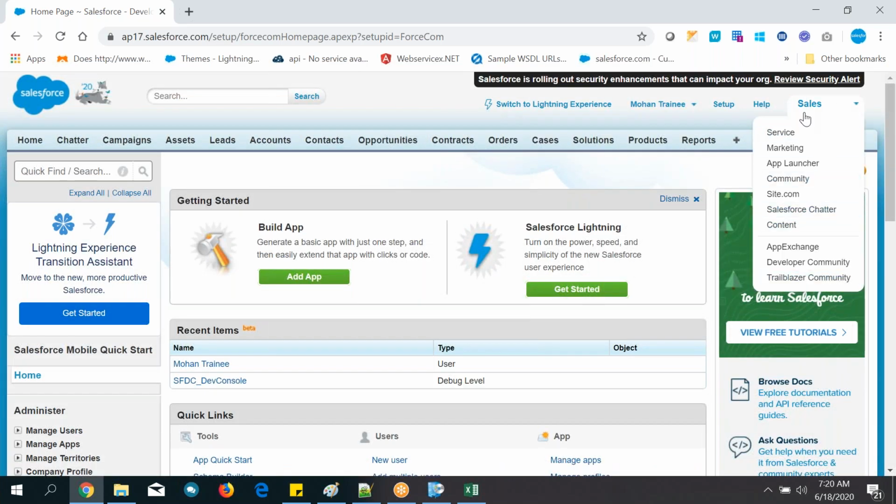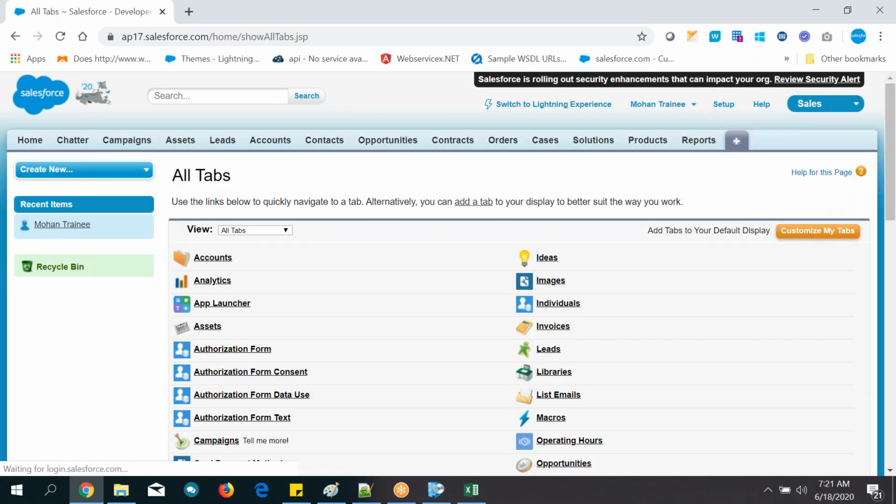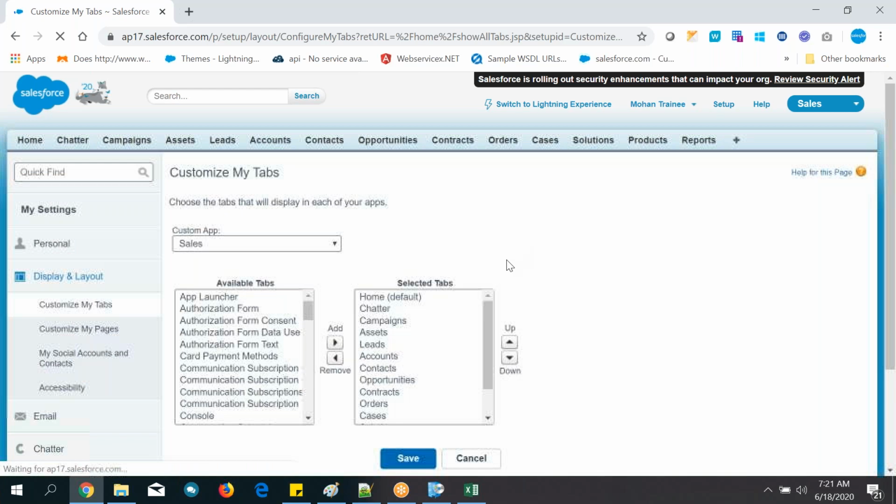And this is called the app menu. So application, okay, you can see all the applications. So what is the use of these applications? It can control the tab section, that's it. I mean to say, based on the applications you can hide or show the tabs, and also you can arrange the tabs in particular places. How to do it? Just click on the plus symbol and click on the customize button.